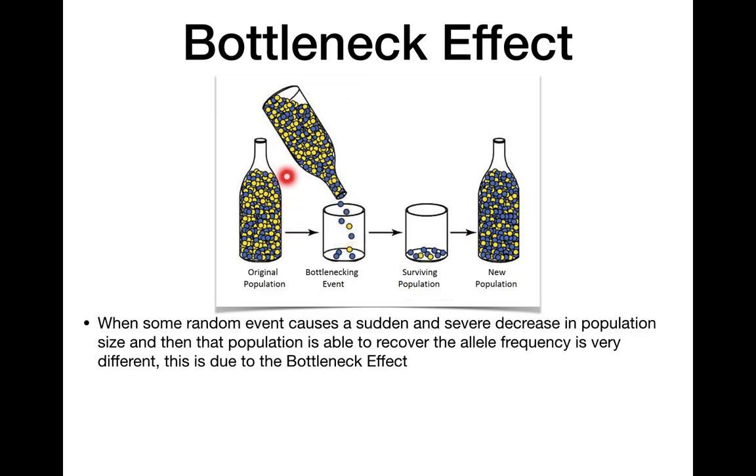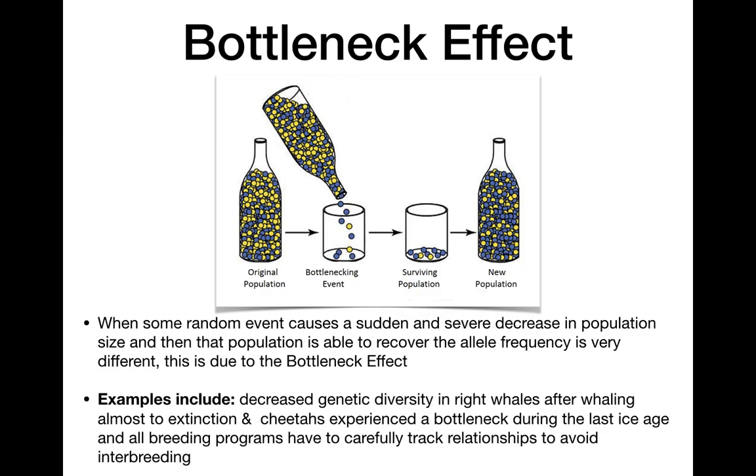So from this giant original population, only very few survive the bottlenecking event. A good example is overhunting. And then the whole new population, if it's able to grow, will grow from that surviving population. So you look at the frequency of alleles here, and this one is a pretty good mix of yellow and blue, but in this one I have a lot more blue than yellow. That's a bottleneck effect. Examples, right whales were whaled almost to extinction, and right now the populations that exist have